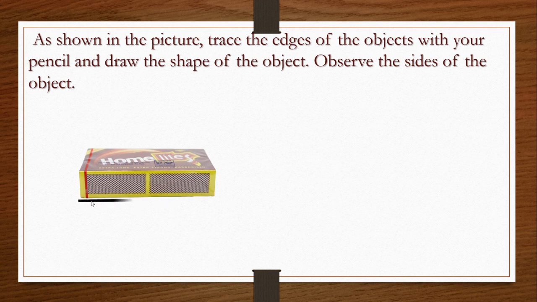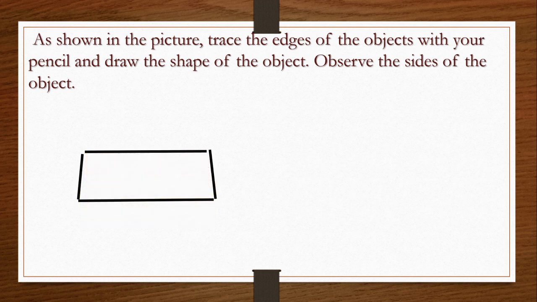See here, we are drawing the edge, right? Now all four edges we have to draw. This is the second one. See, this is the third one, and here the fourth side. Like that we have drawn all the four edges with the help of the pencil, isn't it? Now dear children, I will take out this object. We will remove this object. See what shape we got, right?